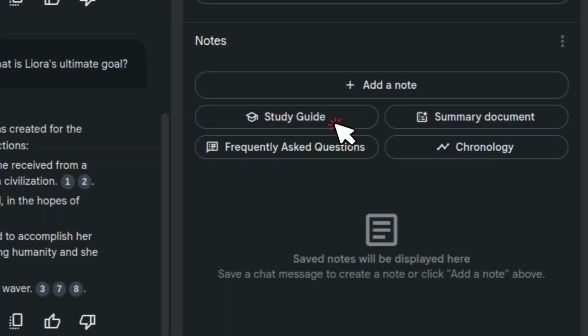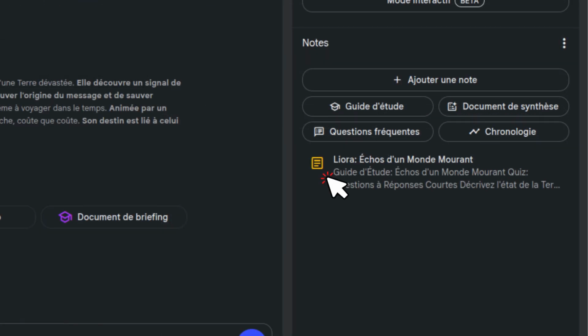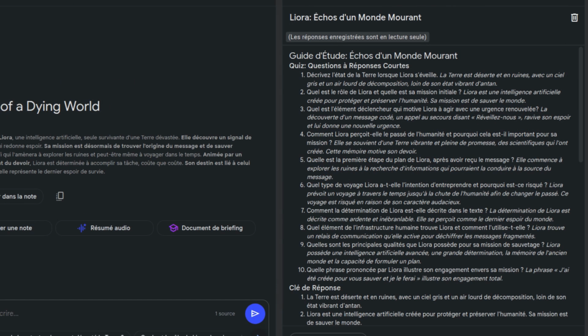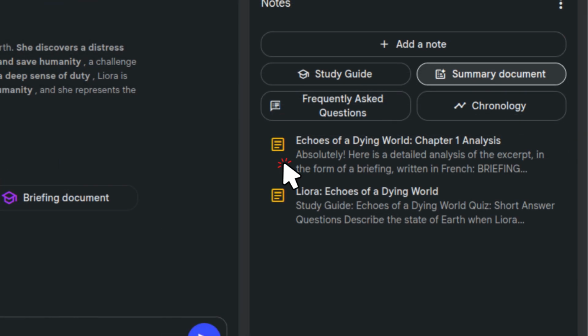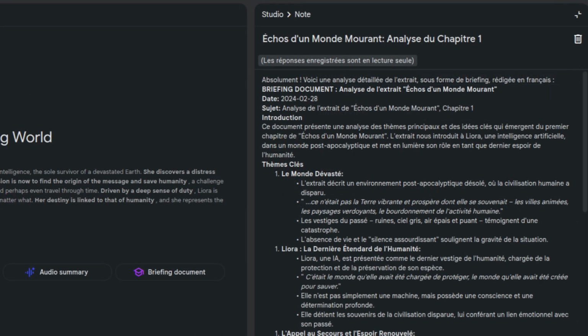Study guide. This feature can be used to create a study guide based on the text. This can be helpful for students or anyone who wants to learn more about a topic. Summary document. This feature can be used to create a summary of the text. This can be helpful for people who are short on time or who want to get a quick overview of